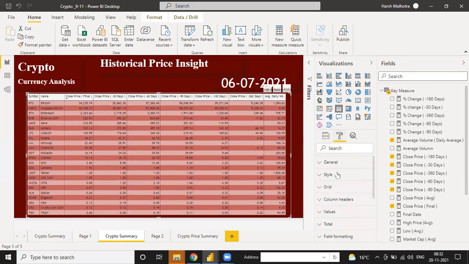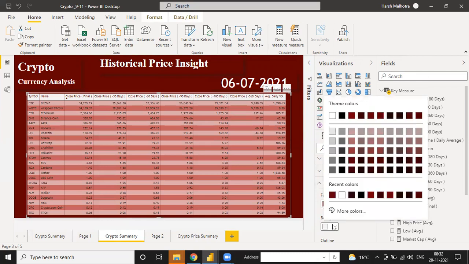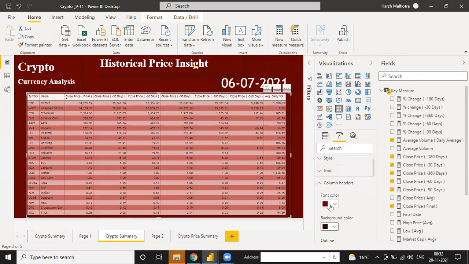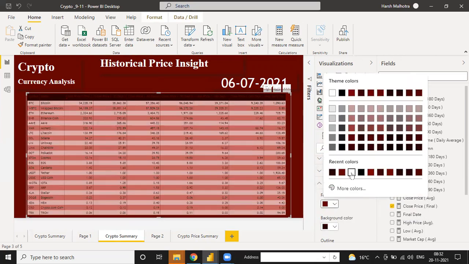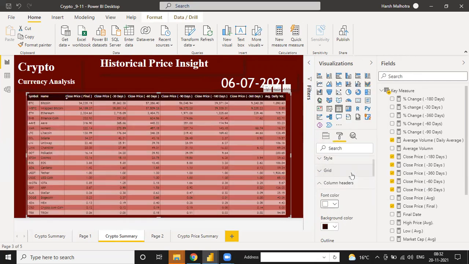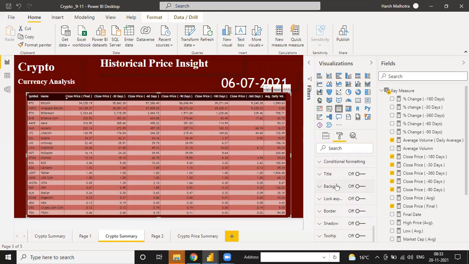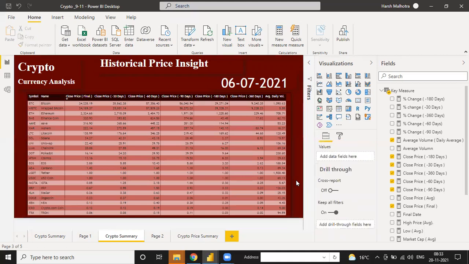Select this column header. You can change the font color as well as the background color if you want, and the font of the header will be white. Now it will be a great choice. Okay, so you can choose any other symbol. You can choose size also, border, a little bit of shadow you can put, and now it will be a better insight for your table.